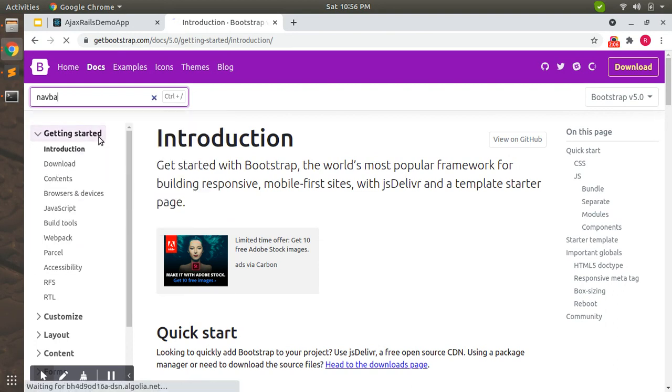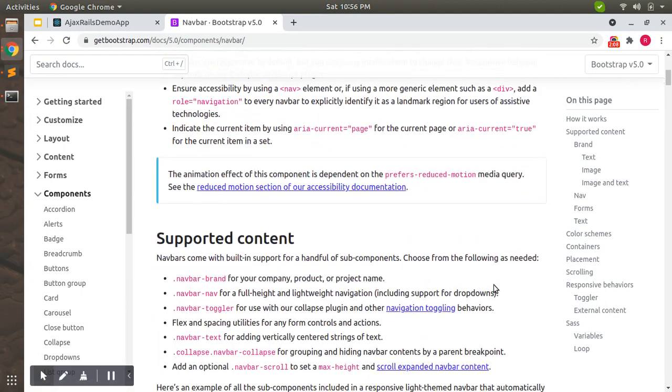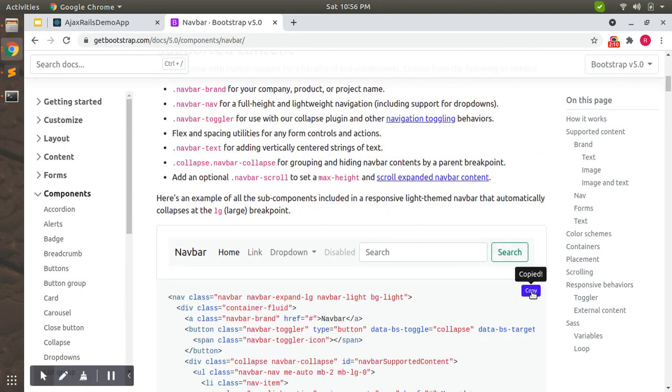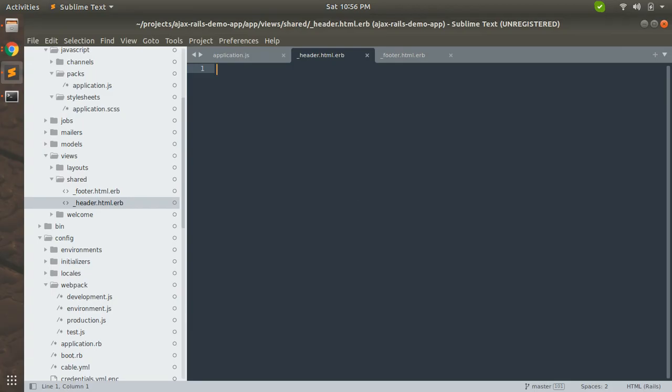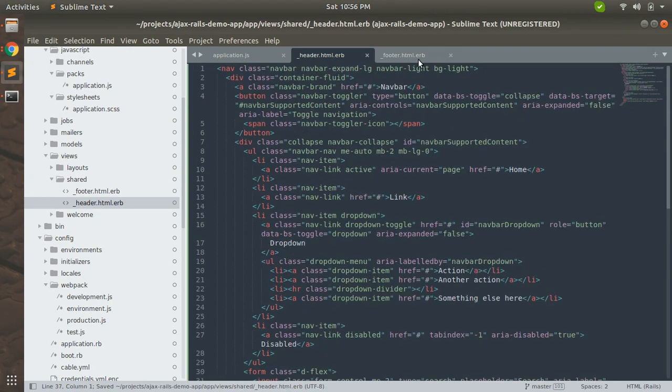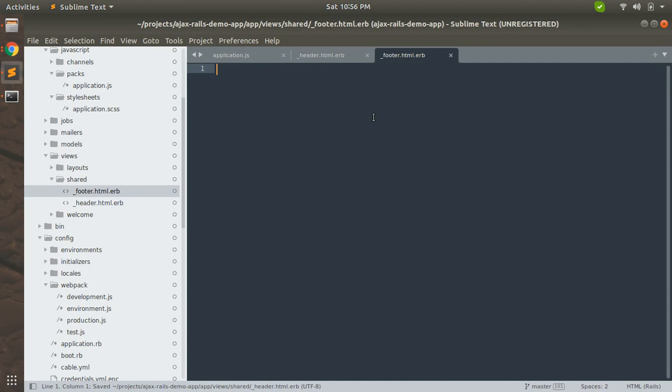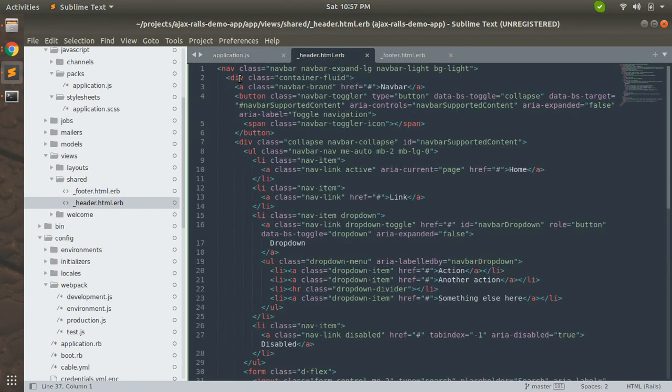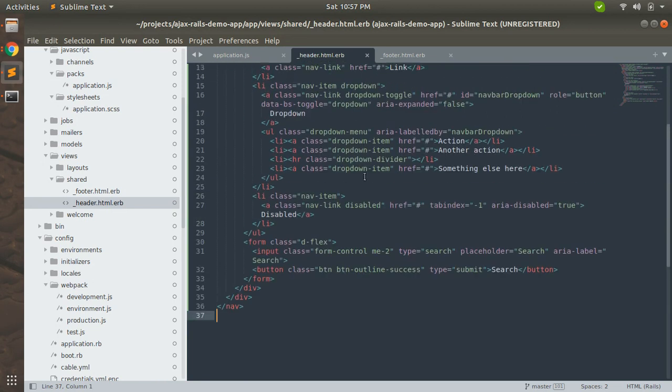You can see we will only copy this navbar and paste it into our header.html.erb. You can see this is the navigation bar content.